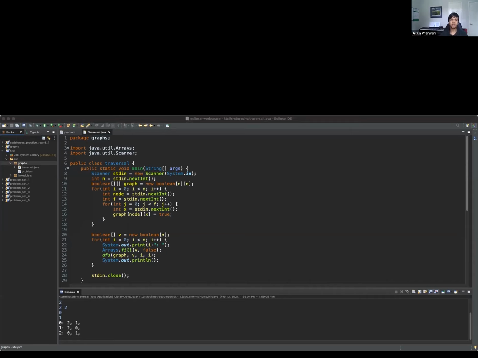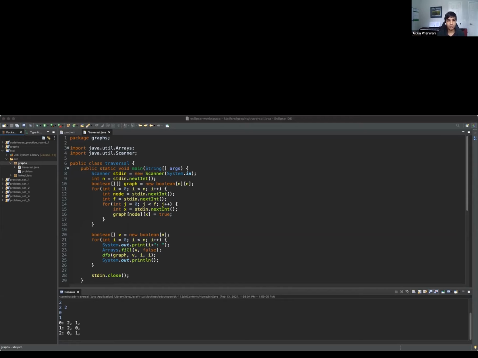Now, this can be a matrix of anything, really. It could be a matrix of Booleans, of integers, of strings, anything that can convey information to tell you that there's a path between this and this.